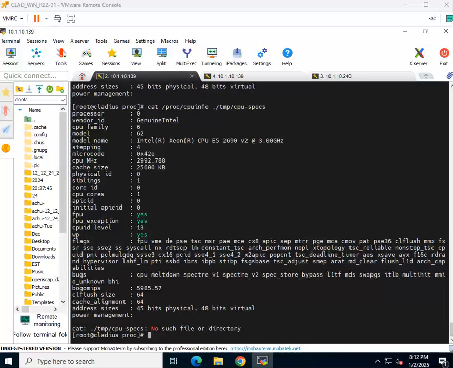You append it to a file. Let's append it to a file in the temp directory. Let's call it maybe CPU specs. You see, that information will be in the file in the temp directory called CPU specs. So if I cd into temp,